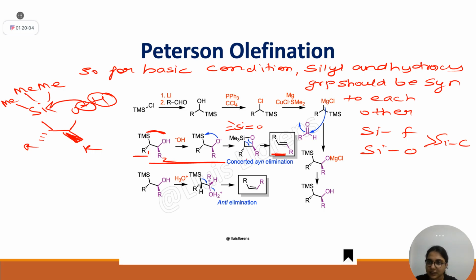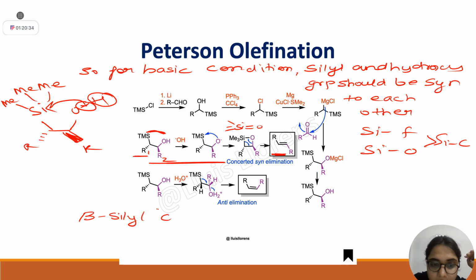Dipali, it's clear, right? Yes, ma'am. Okay. Now another possibility is you may be given acidic condition. In acidic condition, this O negative can't attack the silicon, right? So in that case, what will happen? Proper carbocation will form here, and you know that beta silyl carbocations are stable.